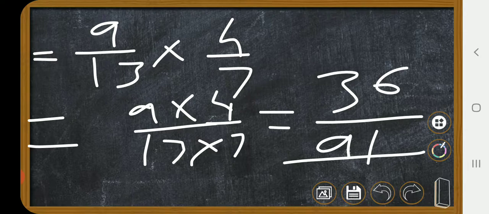There is nothing change in that. You have to do just the multiplication. Then very important fourth one, that